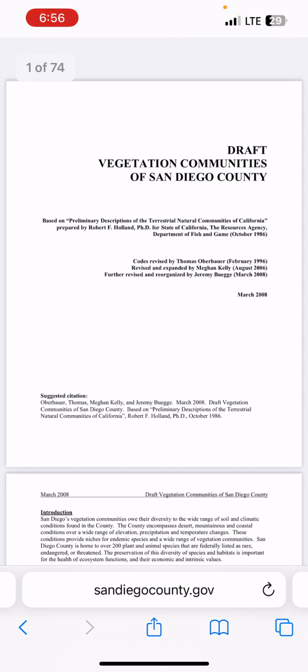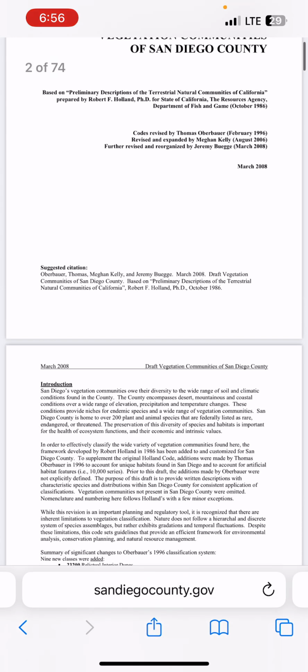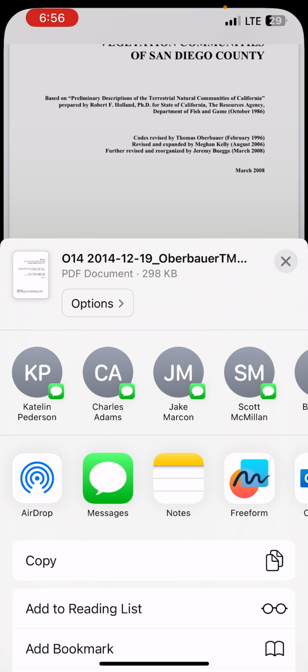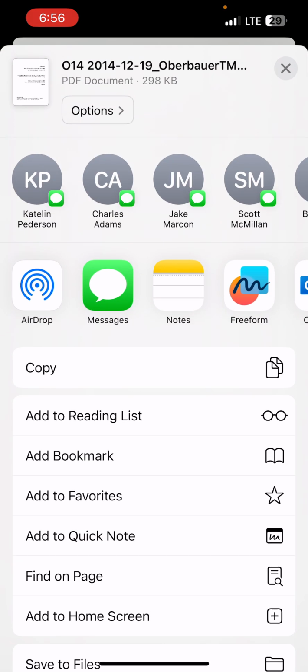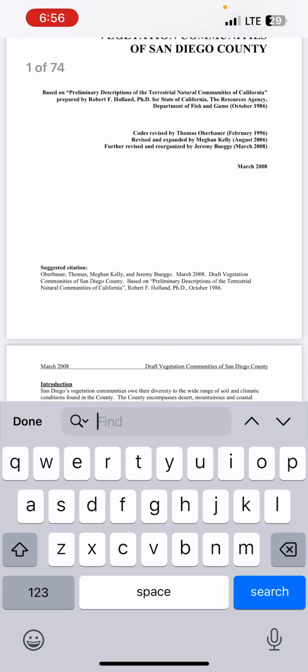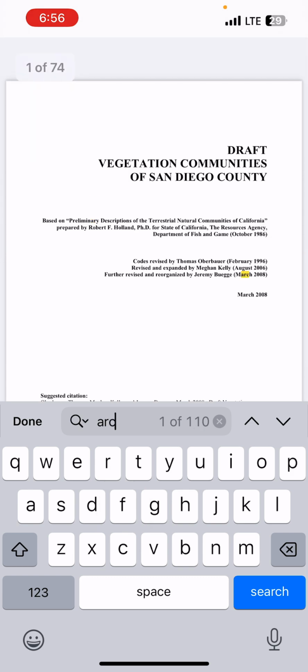Once you decide there, you can then come over to Oberbauer if you're feeling like you want to spend time on this and get the Oberbauer mapping right in the field and not just rely on the crosswalk. You can come here. I always like to go down here and just search the species that I'm looking for in the document. So I can say find on page, right? Earlier we were looking for Arctostaphylos glandulosa,